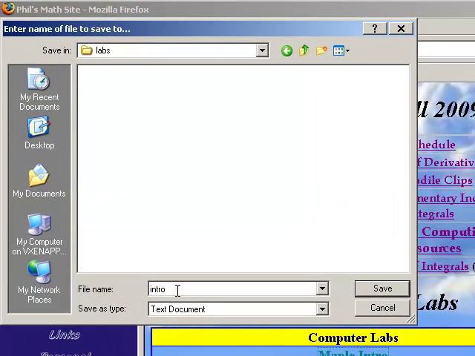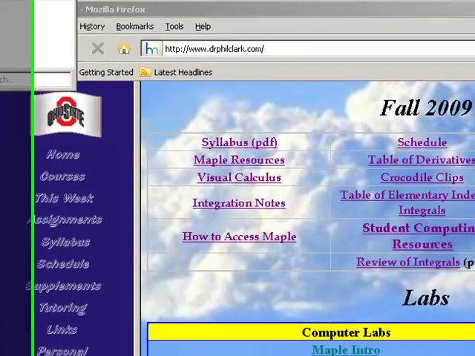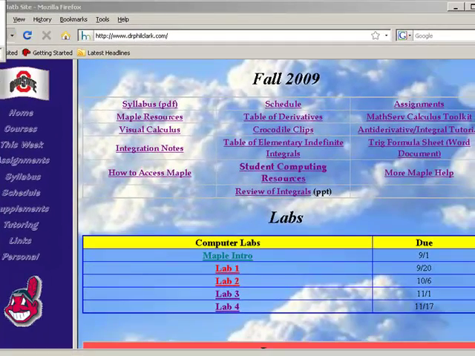It's a good idea also to remind yourself of where you are in the labs. You may want to use the date or your name to remind you of where you are in the lab. So I know that's the lab that I worked on that day. That saved the lab for us in our personal space. Now what we can do